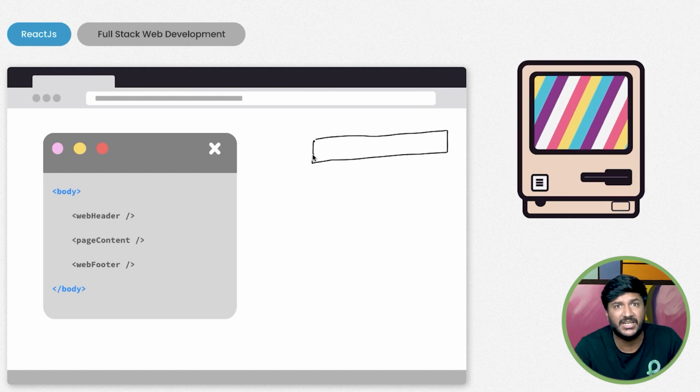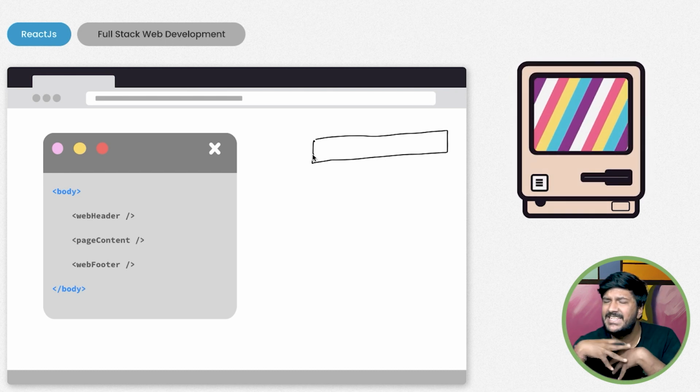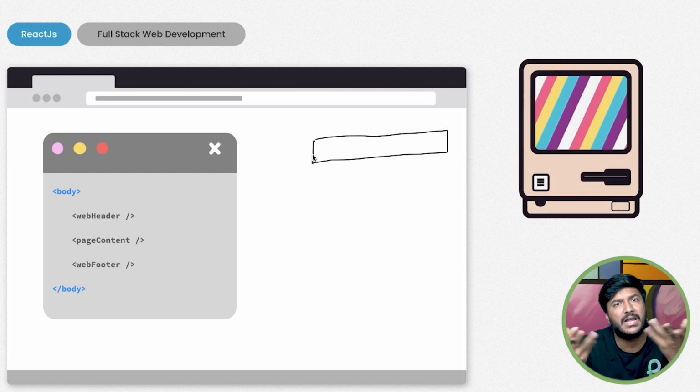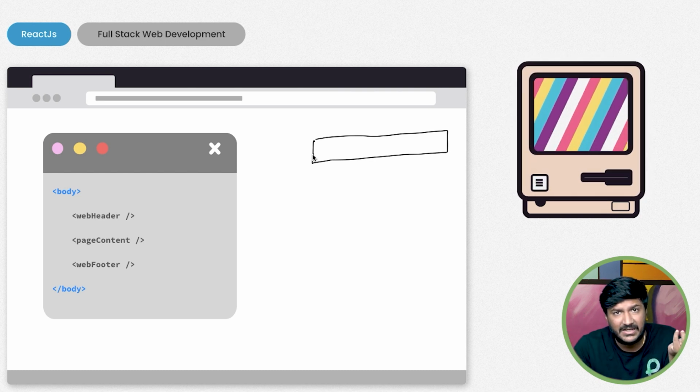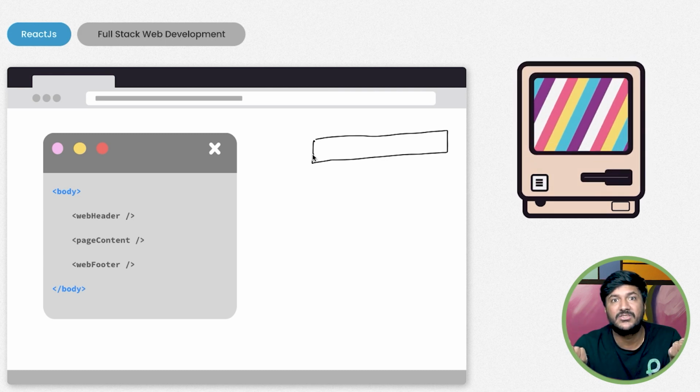It's never changing. So every time you refresh the page, is it wise for me to send the code again? Why can't I only send the code to the part of the website that requires the change?